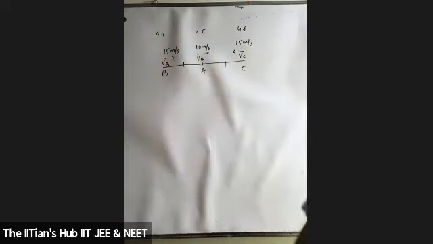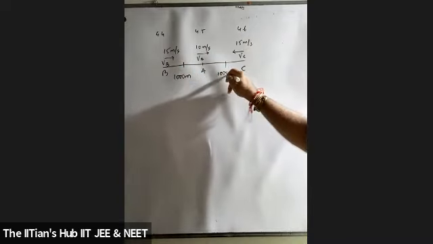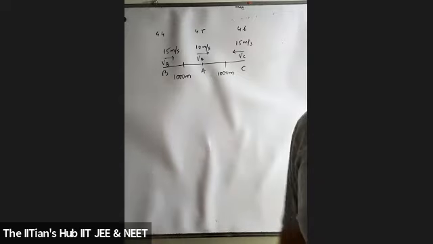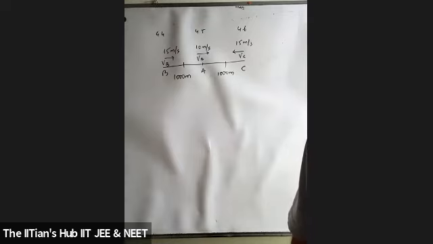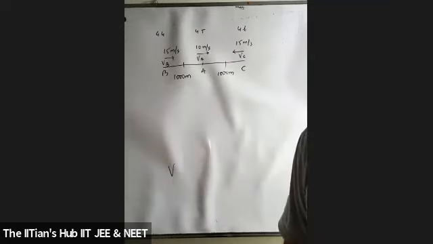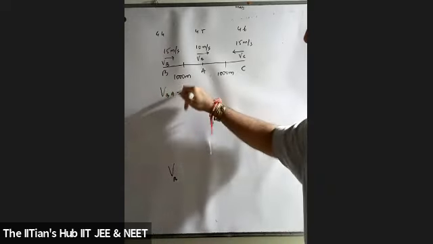Okay. Sir, then I found the relative velocity of car B with respect to car A, which was 5 meters per second, which is 15 minus 10, and the relative velocity of car C with respect to car A, which was 15 plus 10, because one of them is in the opposite direction. Okay. It was 25 meters per second. No, wait a minute. What did you find out? Relative velocity of what? Relative velocity of car C with respect to car A. Okay, B with respect to A. So that is VB minus VA.